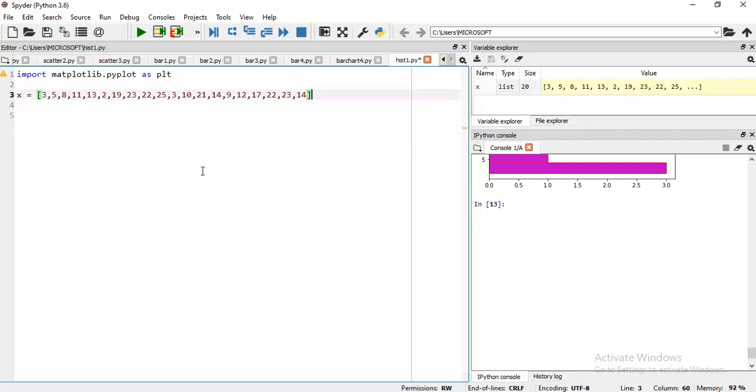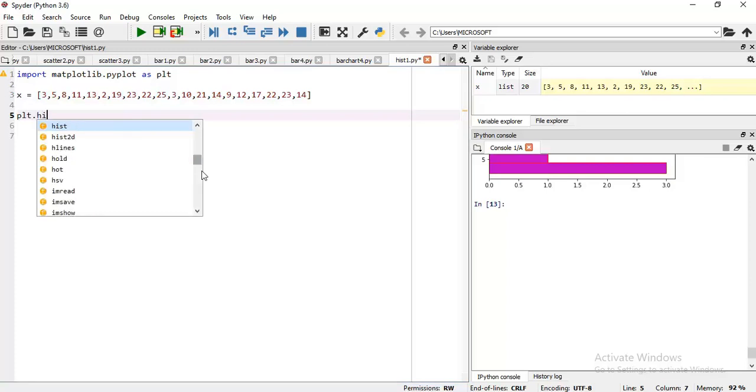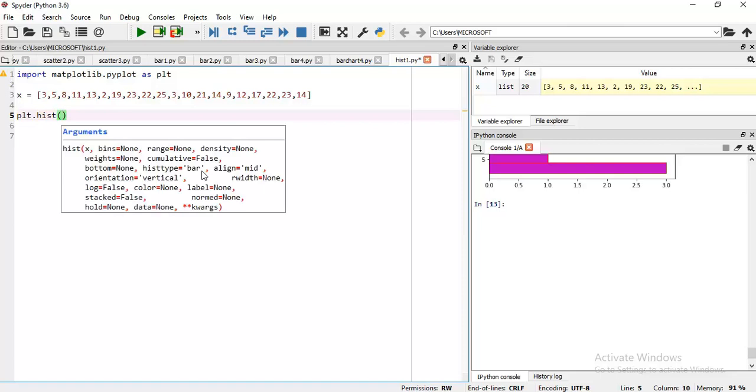Then the next step is plt.hist, and first I need x. This is the data for which we have to construct a histogram. Then the next is histtype. I need bar.